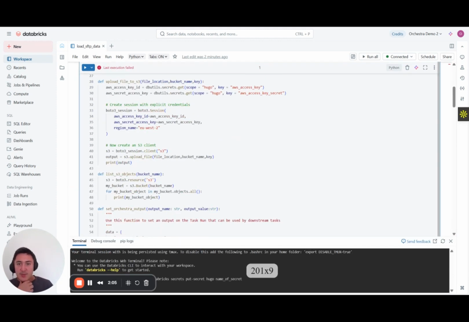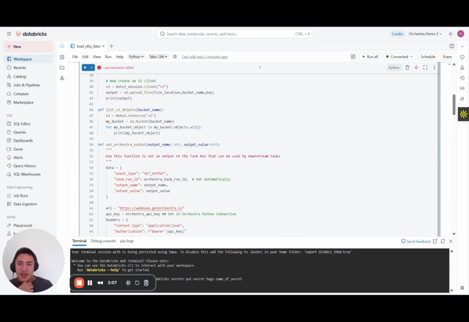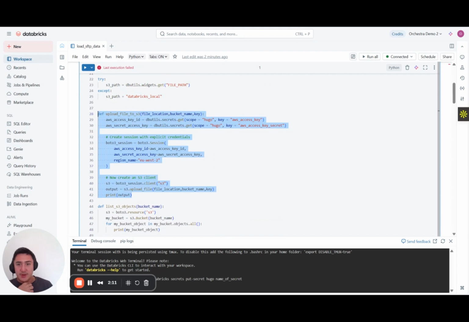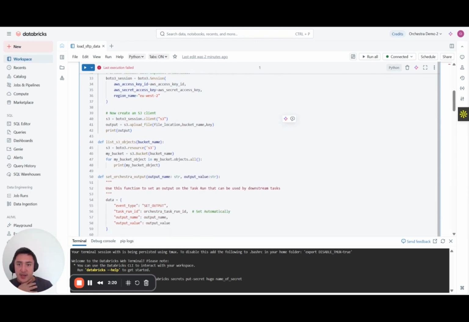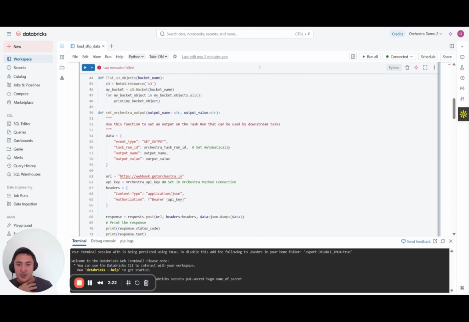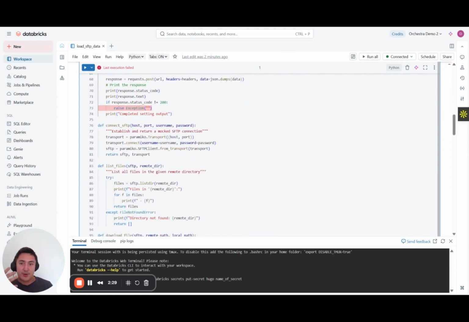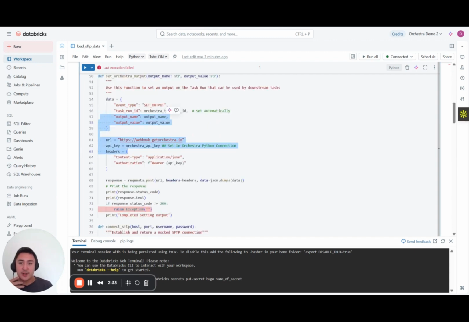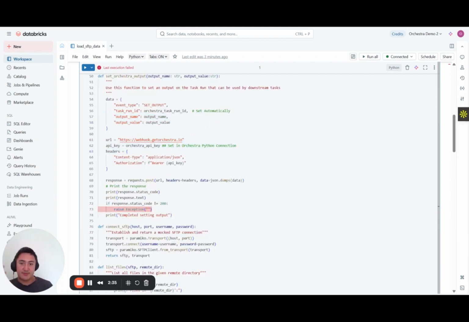Cool. And then basically what we have is a few different functions. I've got a function that's going to upload a file to S3, and again, that's using some secrets that I've set so that I can interact with AWS. I've got another function which is going to send a little bit of information back to Orchestra, so we know what's happening. But the real bulk of this file is this mocked function that simulates fetching data from